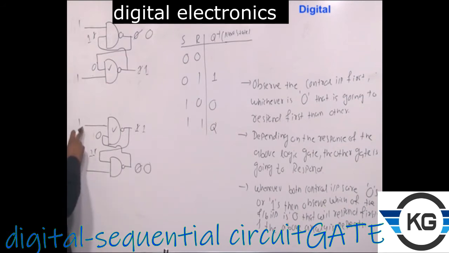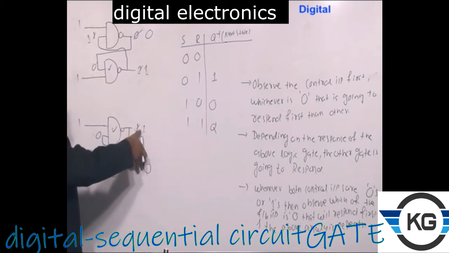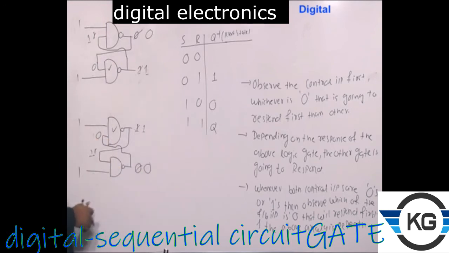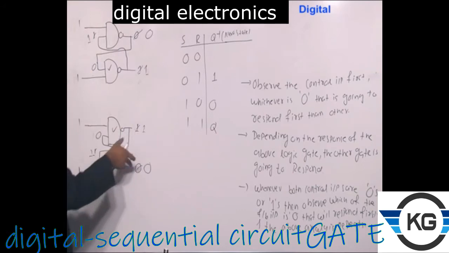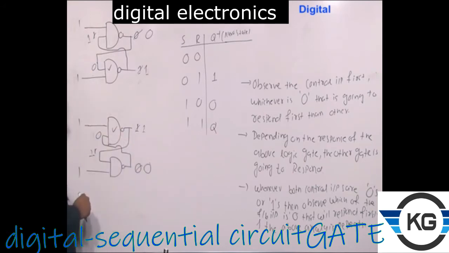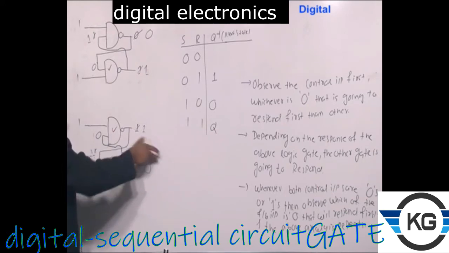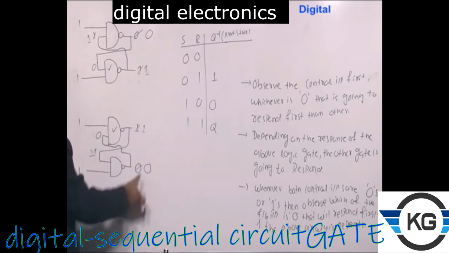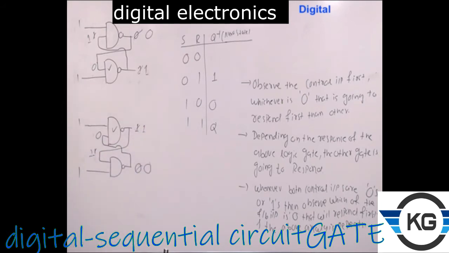What you are observing here is, when you are giving these inputs as 1 and 1, whatever thing has been there, it is holding the same thing here. It means as long as the power supply is connected to this entire system, and as long as you have connected 1 and 1, whatever initial state you have assumed here, the same thing will be present here indefinitely. That is what we mean by the memory action of the latch. When the power supply is given, it is going to hold that particular information all the time, as long as power supply is given to that.